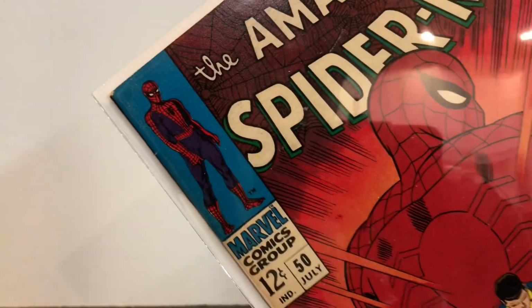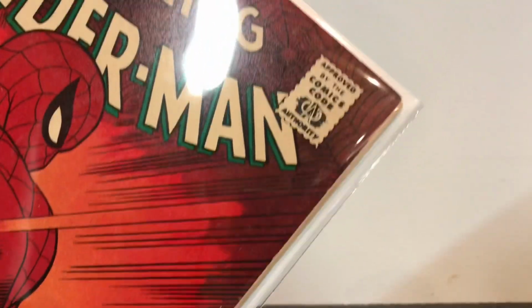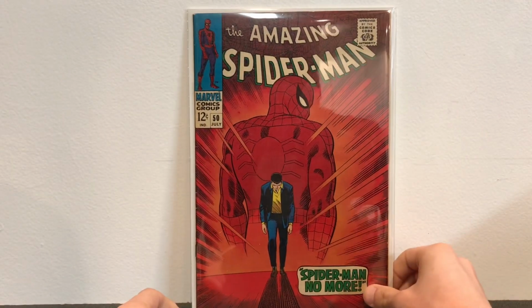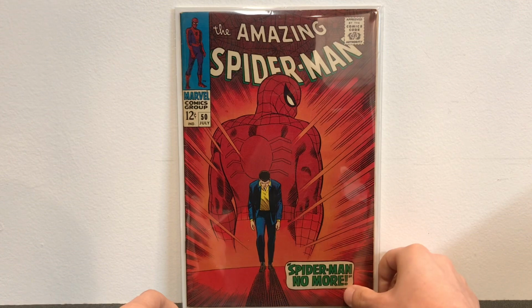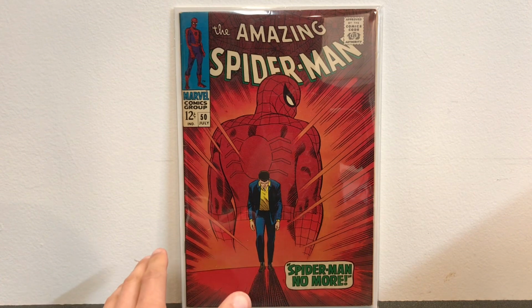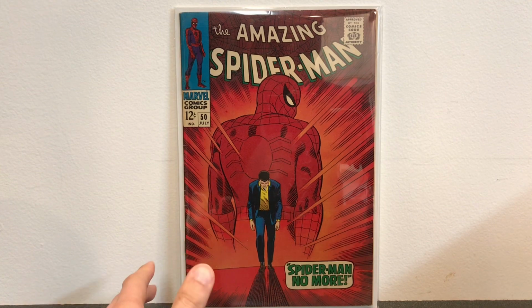because a lot of these are ripped up, dented, and this book used to have a lot of writing on the back. If you guys checked out my video about getting my books pressed and cleaned, that was all taken care of. But this book is absolutely beautiful, and if it wasn't given to me by my friend, I'm actually not